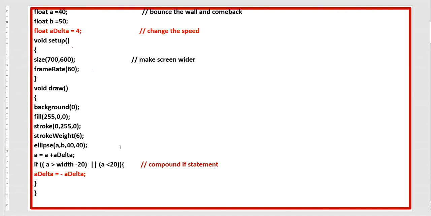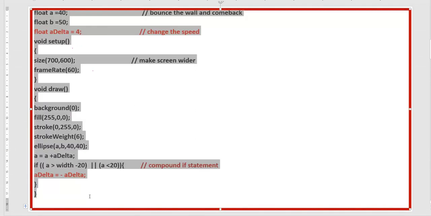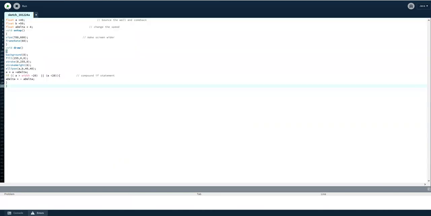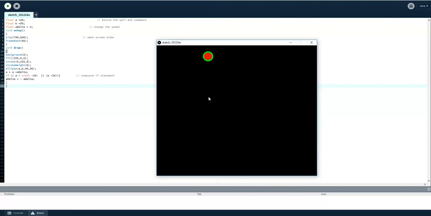So this is the programming which we used in the last lesson. I will show you one more time here. We will just copy this, paste it to our screen, and when I run it, you will see the ball, or the ellipse, is moving only in one direction, right, from one corner to the other. But now in this lesson, our objective is that our ball should move in the y direction as well.